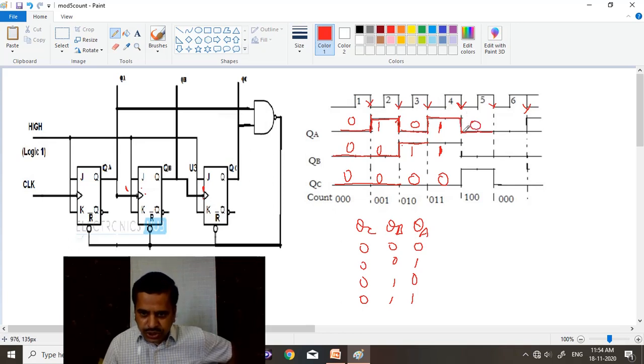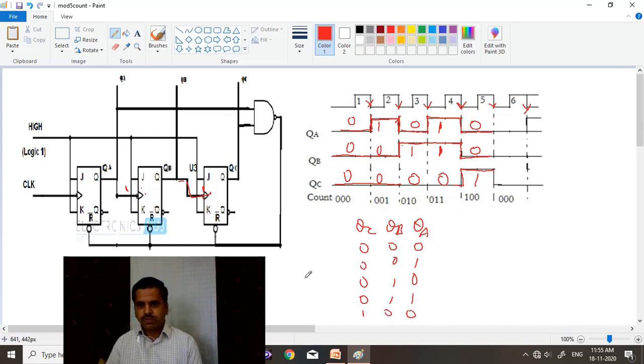When it goes from 1 to 0, the second flip-flop is also treated as clocked, and it again goes from 1 to 0. When the second flip-flop makes the transition from 1 to 0, it feels it as a clock for the third flip-flop, so the third flip-flop changes state from 0 to 1. So it becomes 0, 0, 1. After the end of the fourth clock cycle, the output of the counter is 0, 0, 1.